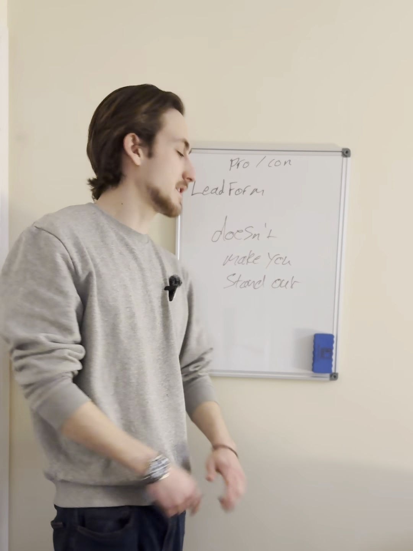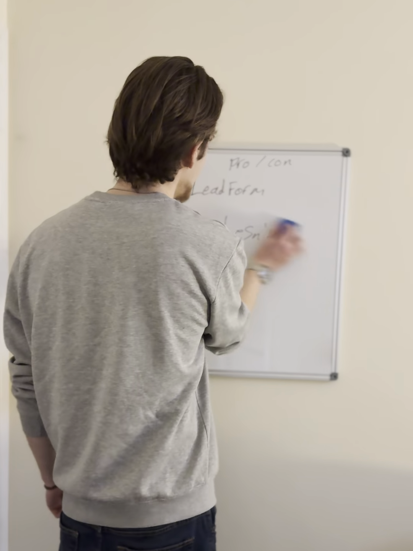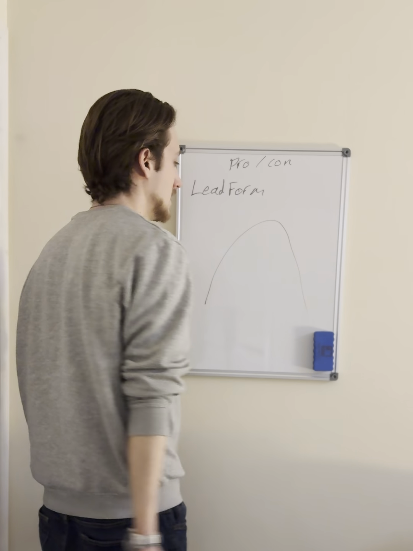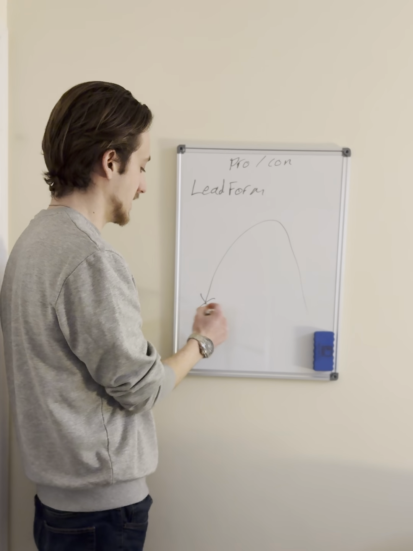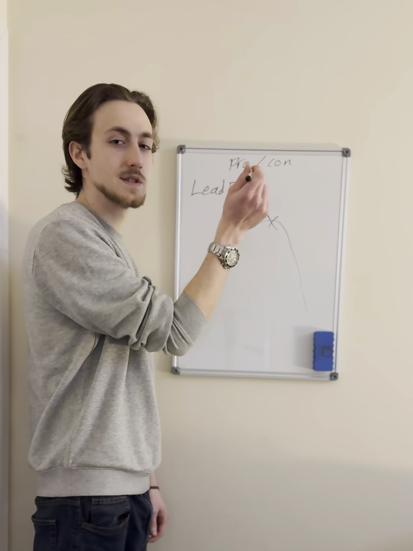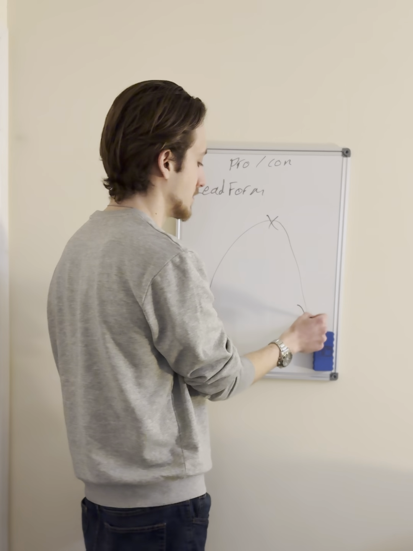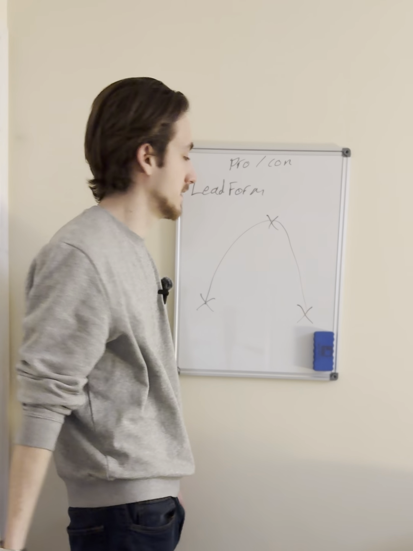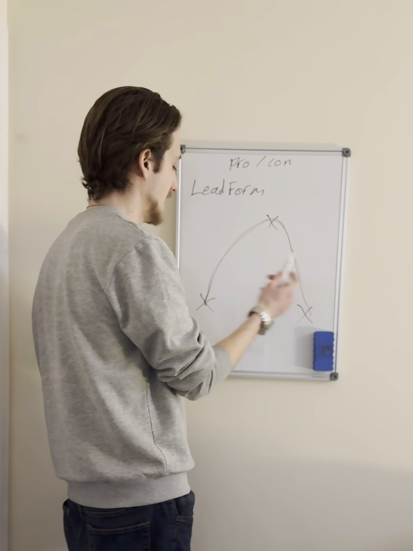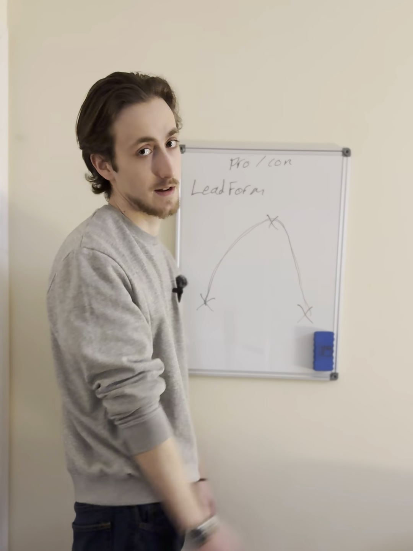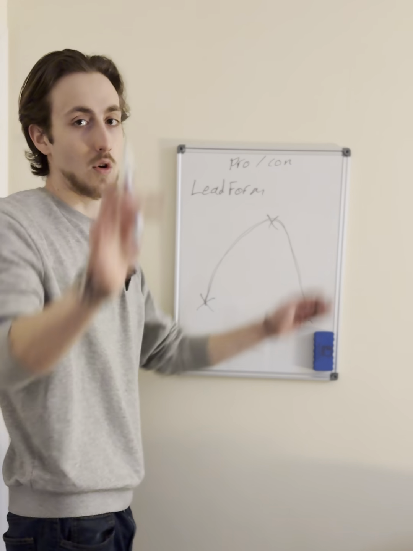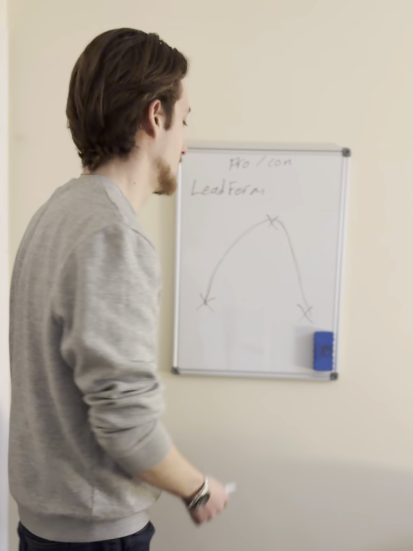It's a bit like a, to be completely honest, it's a bit like a hill, right? You're gonna get people down here who are really poor quality, right? But you're also gonna get people who are your ideal customer, right? And you're also gonna get people who are poor quality again, right? So you're gonna have a bit of a spectrum, yeah. You're gonna have some bad, some good, and then some bad again. Yeah. It's just the way that lead forms kind of work. You gather the whole kind of spectrum, if you will.